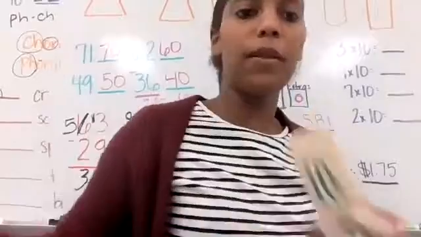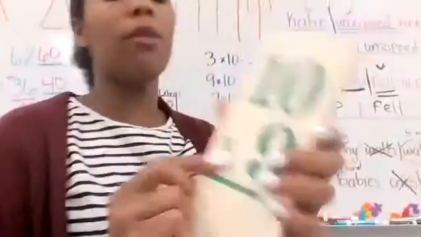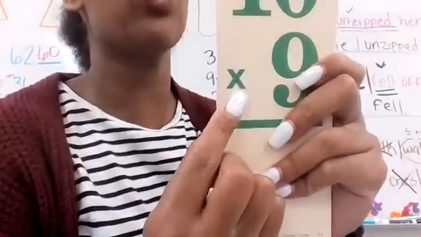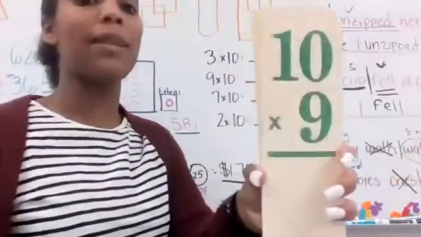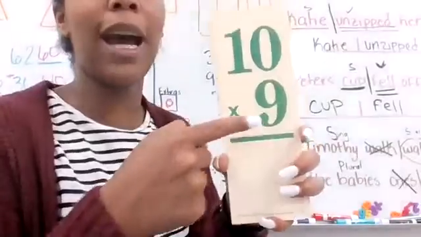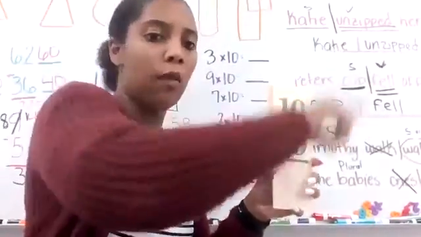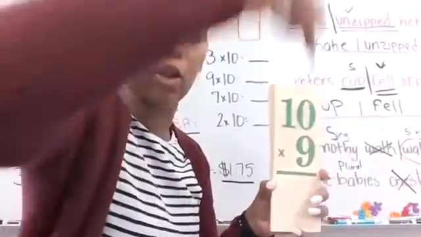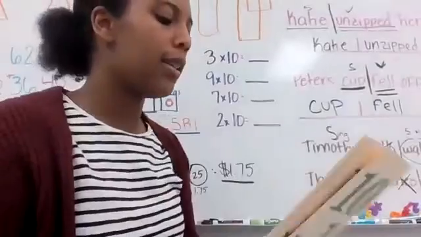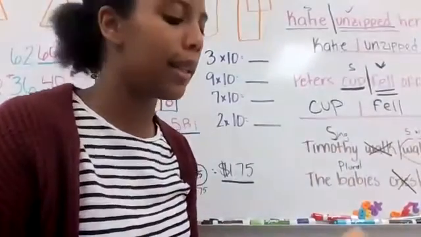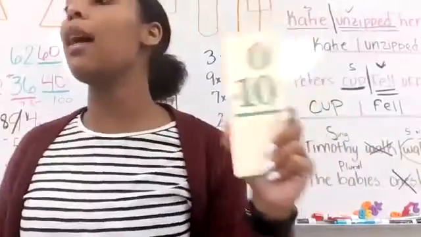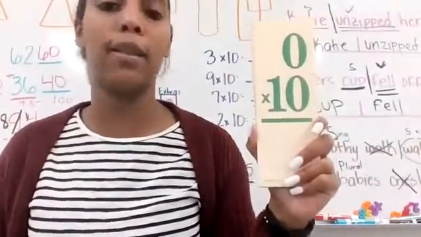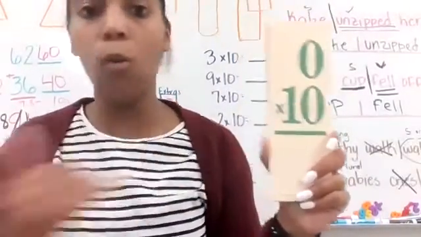All right, let's go over some multiplication facts. Remember we learned times 10. Remember when we say times, that means groups of, okay? So whenever I look at 10 times 9, that's saying 10 groups of 9. That's what multiplication is. Let's start with 0. Anytime you're multiplying times 0, what's your answer? 0. Always, no matter what number it is.